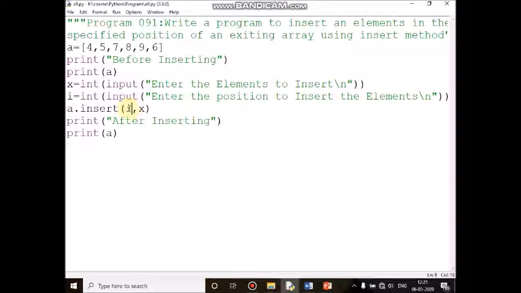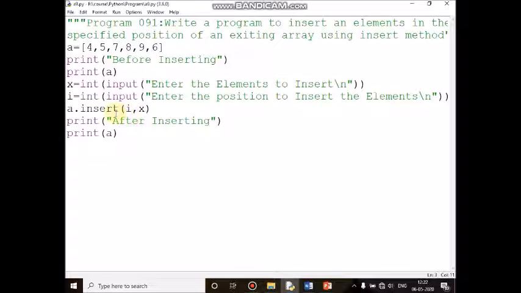Which position am I going to insert at? The two parameters are there. Which position I am going to insert at, that is the i value, that is 4. What is the element to insert? That is 15. Okay. Fourth location means a has 0th location, first location, second location, third location. After 8, the 15 will be inserted. The rest of the elements will move to n plus 1 position. That is, 4th to 5th location and 6th location.